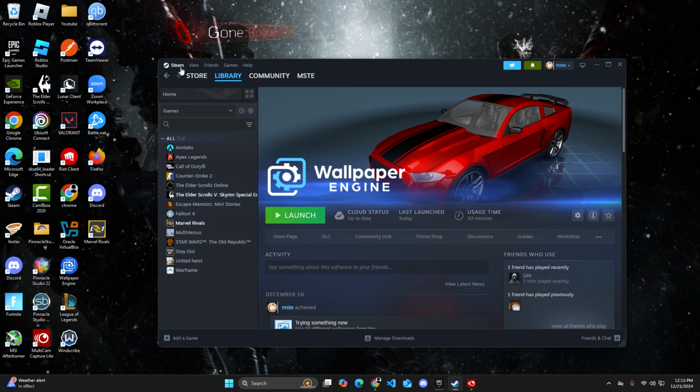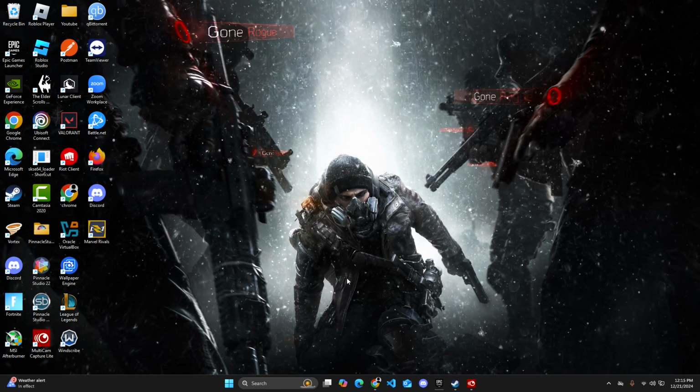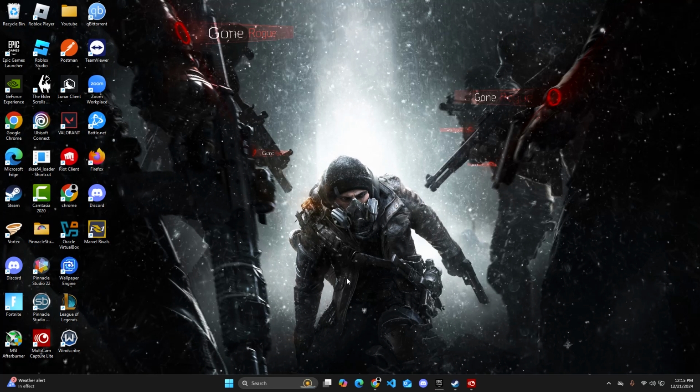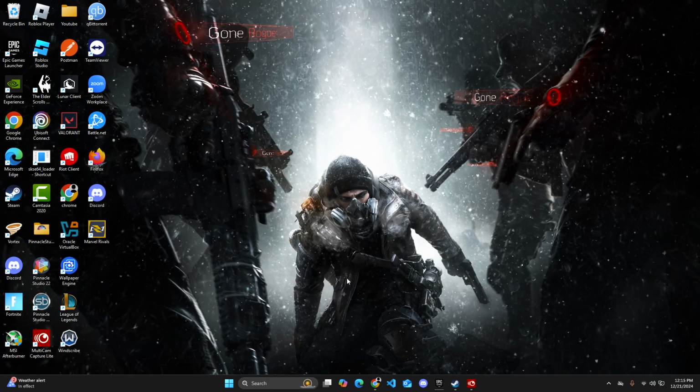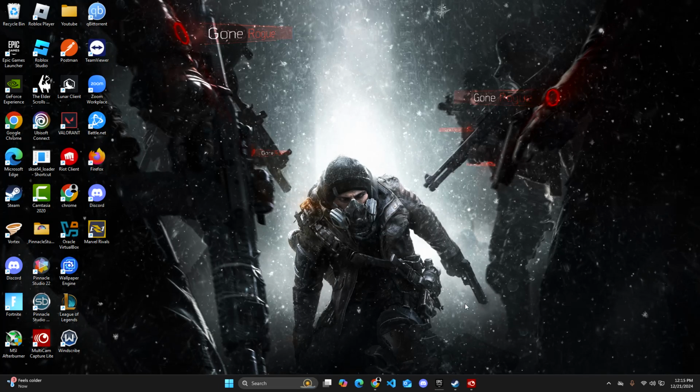GTA 5. You can also restart Steam by clicking on Steam in the top left corner and then just hit exit. That will restart Steam. And another method you guys can do is simply just restart your PC and also restart your internet router, which you can do by just unplugging the power cord from your router, waiting about 30 seconds, and then plugging it back in. And once you do all of these steps, you guys should be good to go, and that is